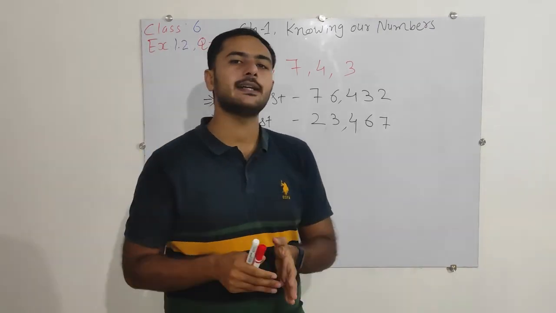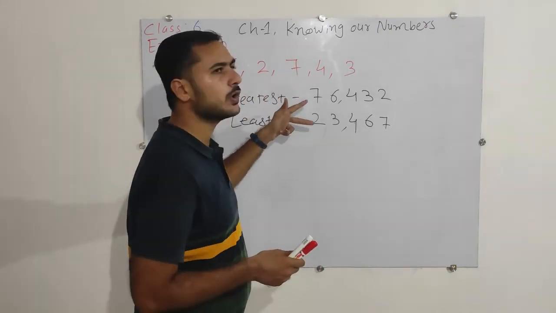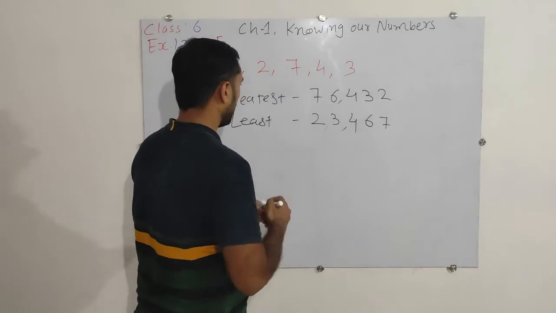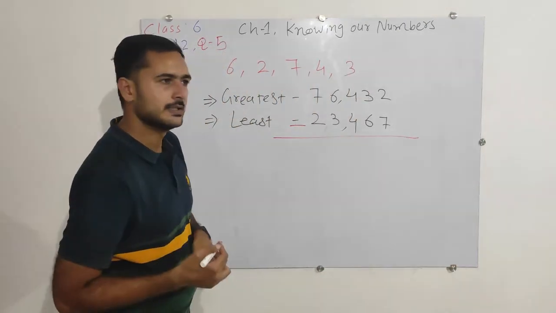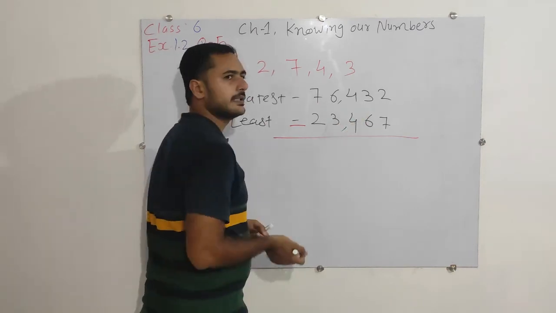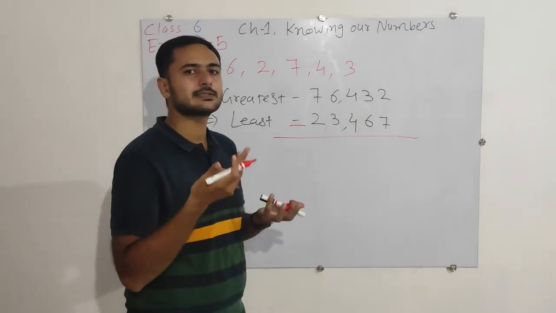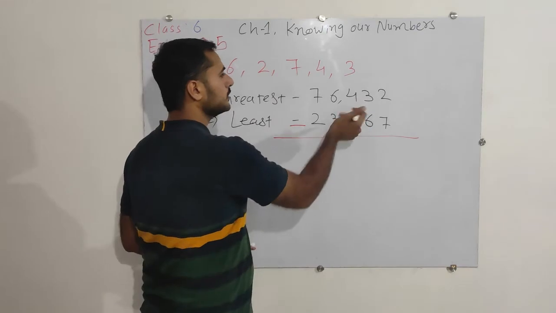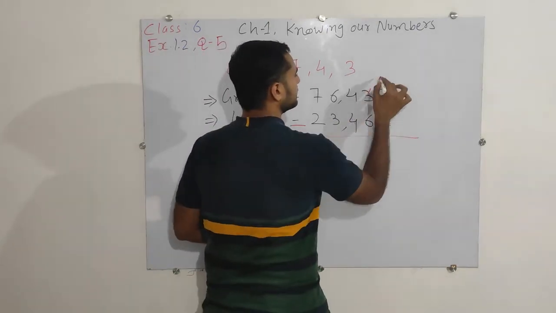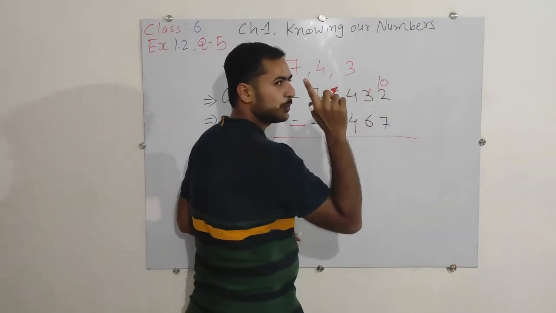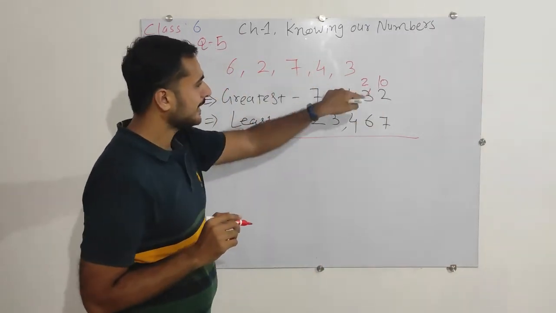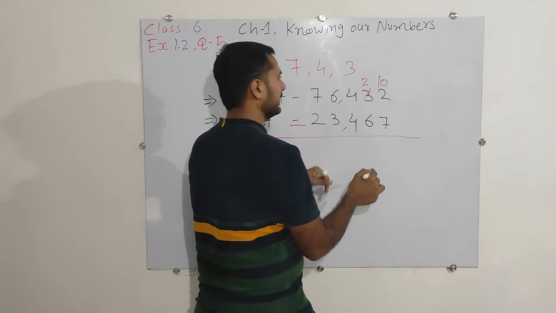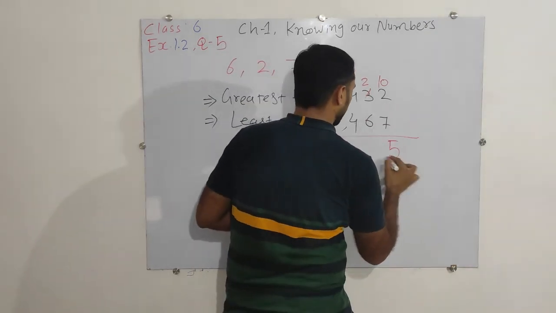Now we have to find the difference between these two numbers. What will we do? Simply subtraction. I am going to do the subtraction here. That is 2 minus 7. That's not possible. It means we need to ask for 10 from the next number. So 3 will give us 10 and 3 will decrease by 1, so that's 2. So 10 and 2, that is 12. 12 minus 7, that's 5.